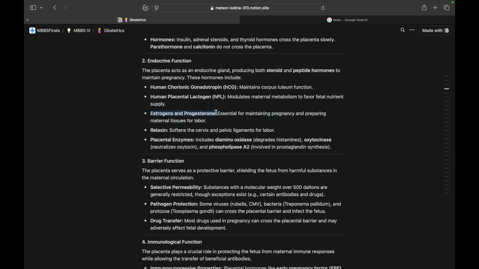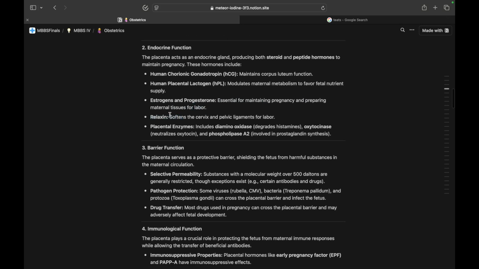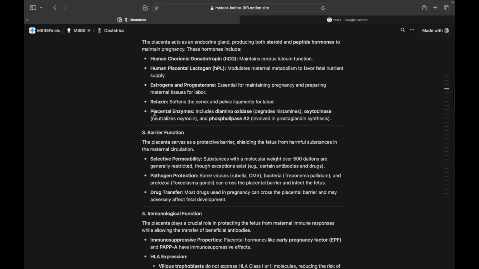So, this is, as you all know, required even in normal females. In this particular case, overall, it is to maintain the pregnancy and to support the labor. Next, coming to relaxin, as the name suggests, it relaxes or softens the cervix and pelvic ligaments for labor. Coming to placental enzymes, these include: